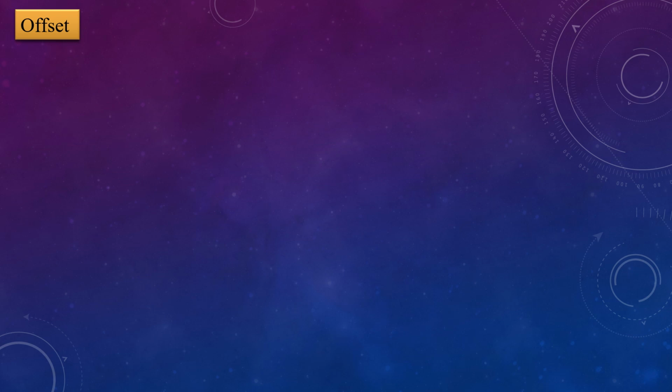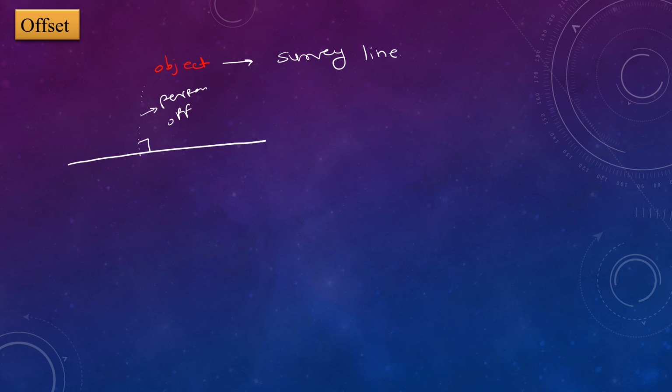First topic is offset. Offset is used to measure a distance between an object and the survey line. There are two types of offset. Consider this is a surface. If we measure the distance in a perpendicular direction, this is a perpendicular offset, and if the distance is measured in an inclined form,